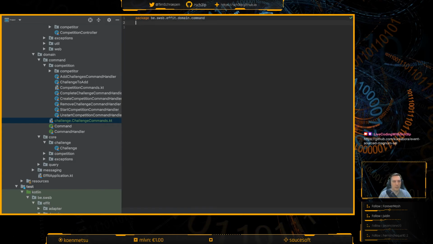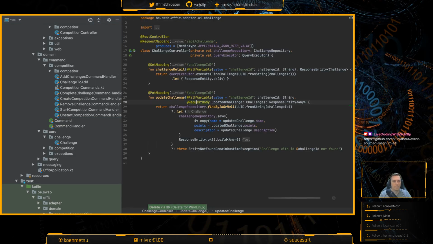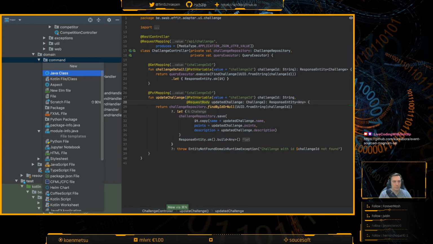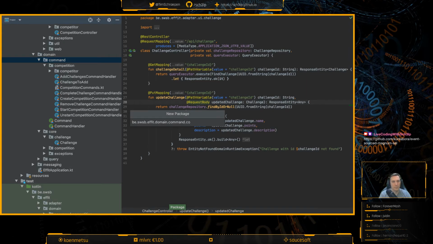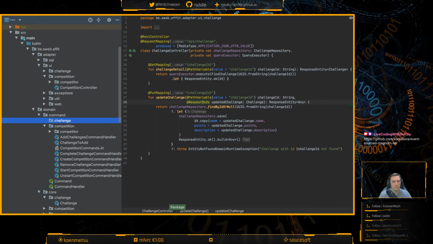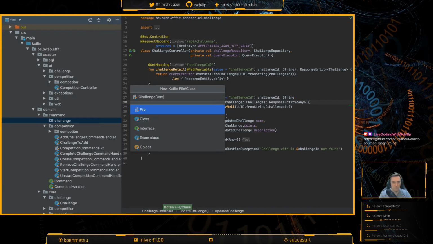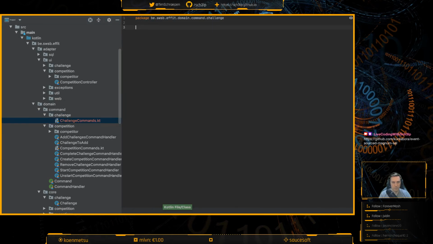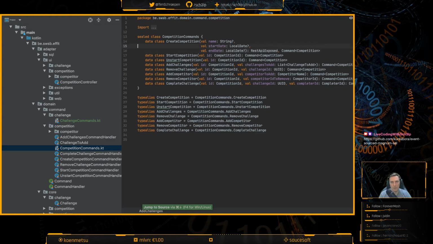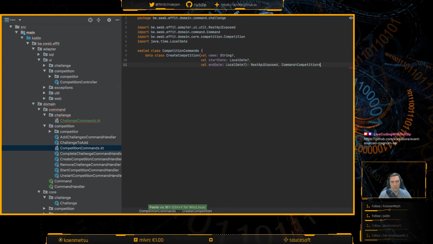Yeah, bastard. Package. And then we'll make it look like this. But these should be challenge commands.